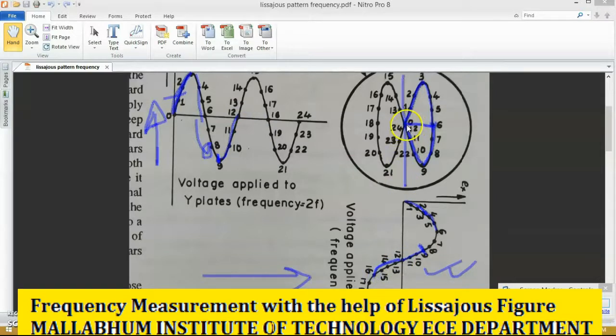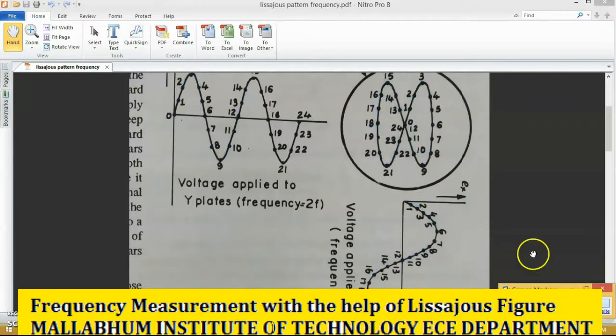So you can see that the horizontal voltage is in the negative direction, that's why the vertical voltage is in the positive direction. So vertical is positive and the horizontal is negative, like that. So the resultant effect is like that. So by this, a complete waveform is being generated like that.